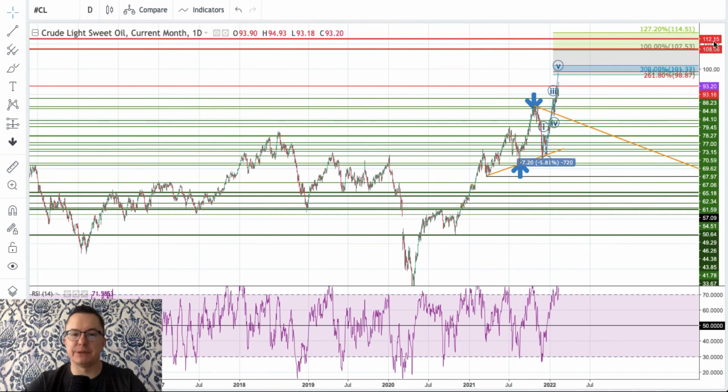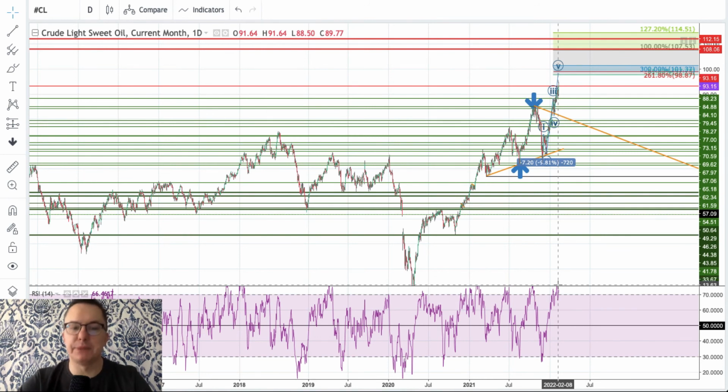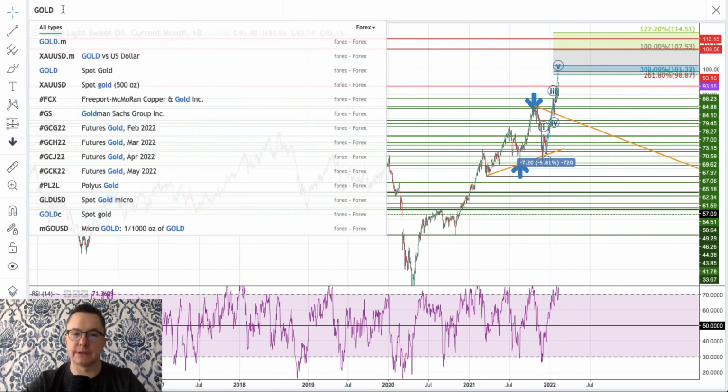So please keep in mind that despite the fact that the market conditions are extremely overbought on a daily time frame chart, it can stay like that for some extended period of time before the market starts a correction. Okay, so crude oil still in the uptrend. What is gold doing then?